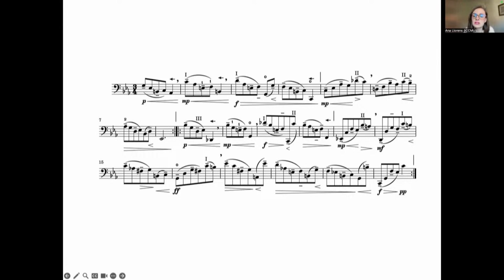He also adjusts his approach in response to instrument behavior. The note F natural in the third octave appears often. And on Casals' cello, probably an old Italian cello, it activates a wolf tone, a kind of acoustical instability. In those moments, he shortens or lightens the note. Sometimes he even shifts the fingering to avoid it.